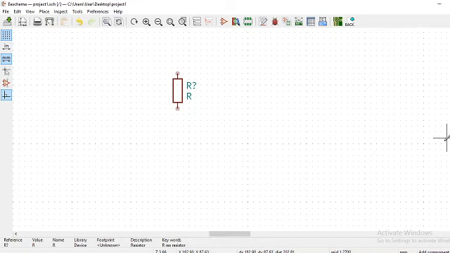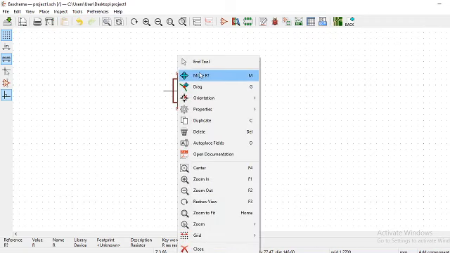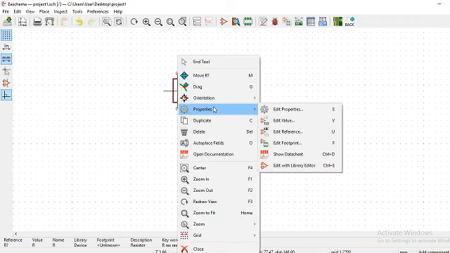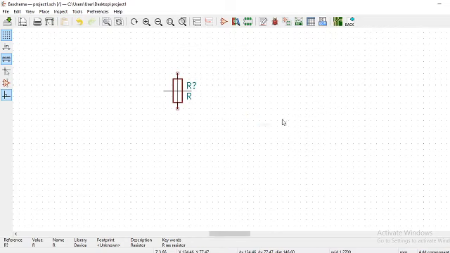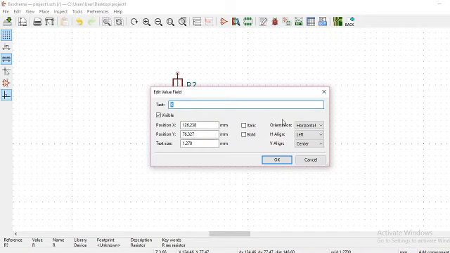Then right click in the middle of the component and select properties, then edit value. Then you can find the edit value field window, where we can edit the value of that component.